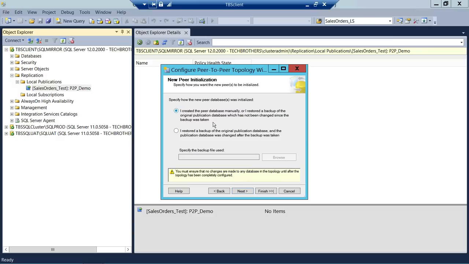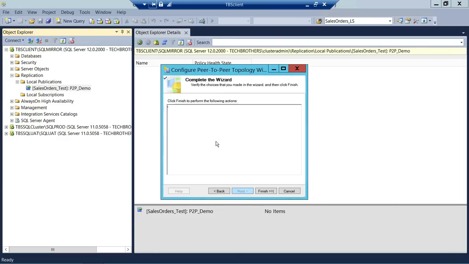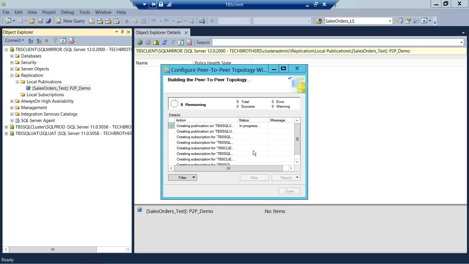If it is changed, then believe me, you will run into a lot of issues. If it has changed, you need to click on this option and provide the backup. You need to take the backup again, and take the recent backup and provide that file right here. In my case, I've made sure there are no changes after I took the backup and restored it. So I'm gonna select that, click next, click finish,